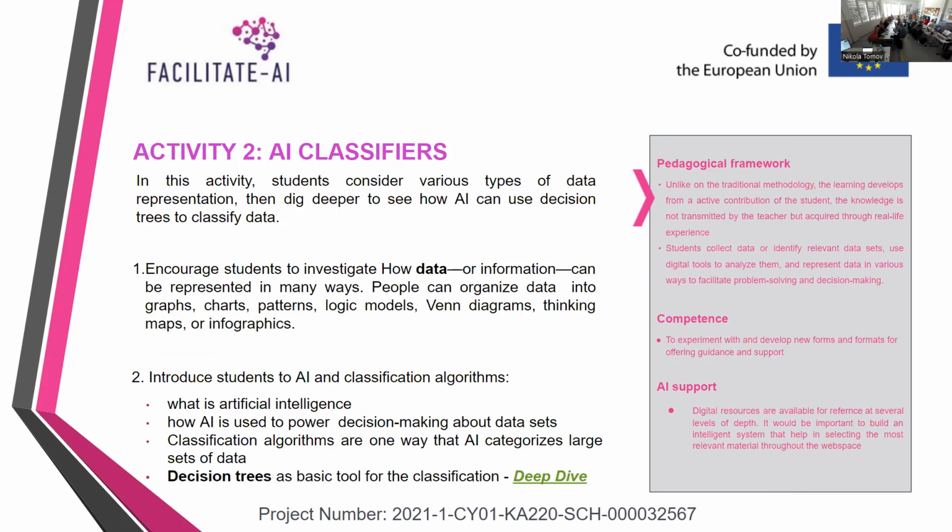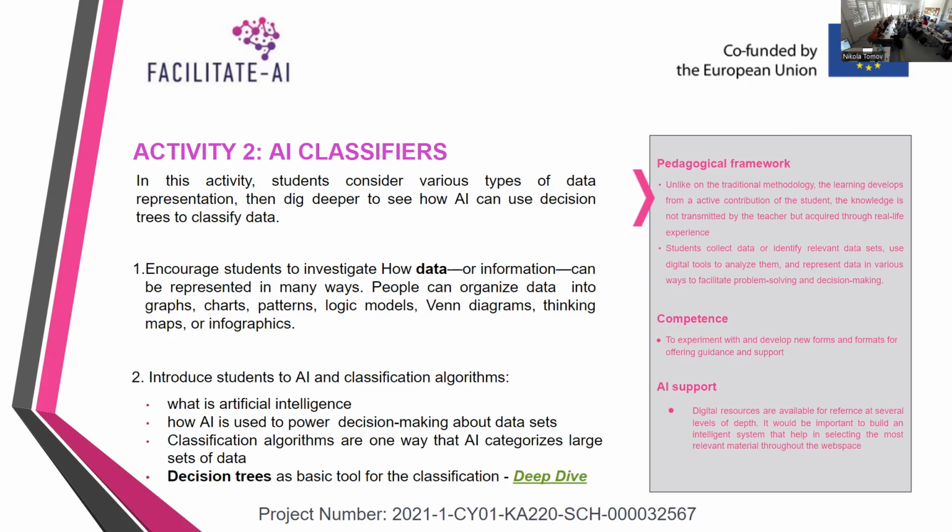In the activity tool, they are going to classify. So students consider various types of data representation and they go deeper to see how AI can use the decision tree to classify, because the human brain can do it, but even the computer can use a decision tree. The first part is to encourage students to investigate how data or information can be represented in many ways. We have a chart, patterns, logic models, Venn diagrams, thinking maps. And the second part,